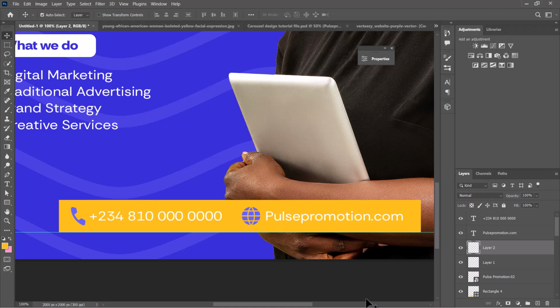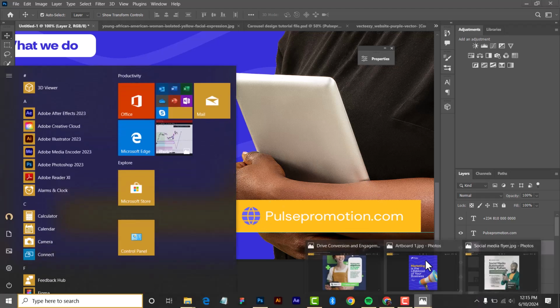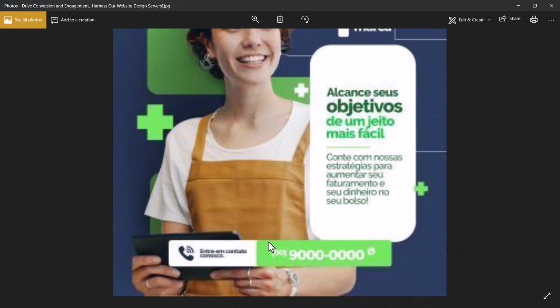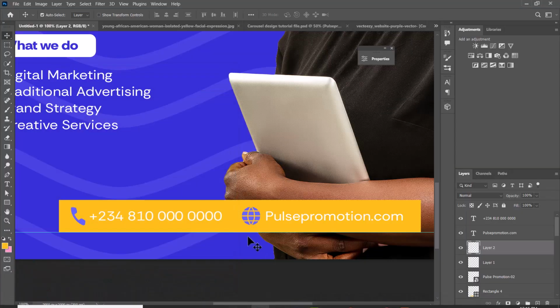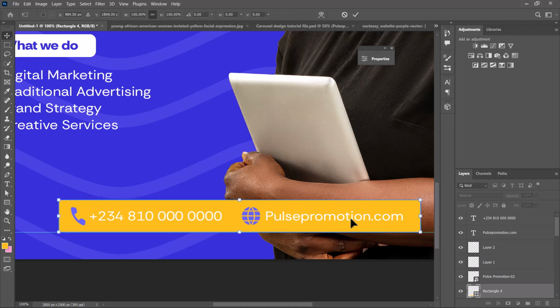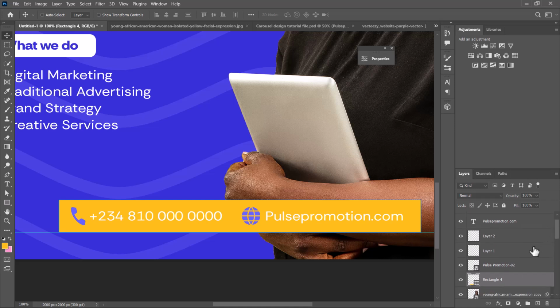So if you look at the image where we are getting this idea from, you can see that they broke the colors. One is green, one is white. So let me try the yellow and white, for example. As you can see, I'm playing around with the brand colors. So what I'm going to do is duplicate this yellow rectangle shape by pressing Ctrl J, and then